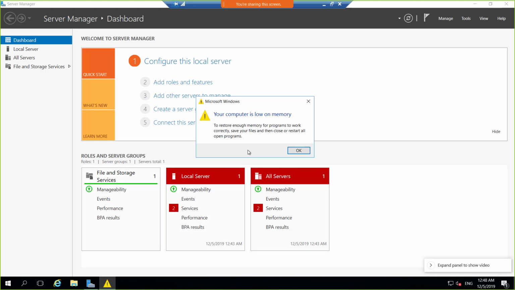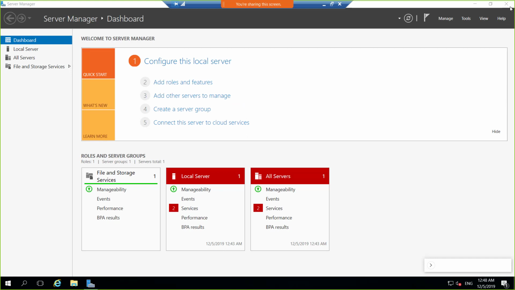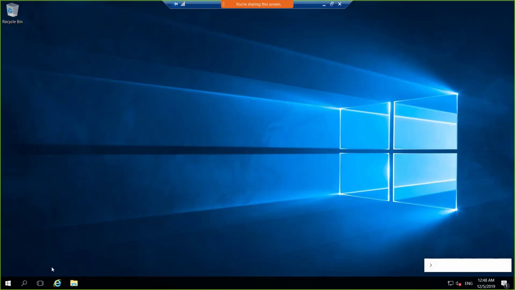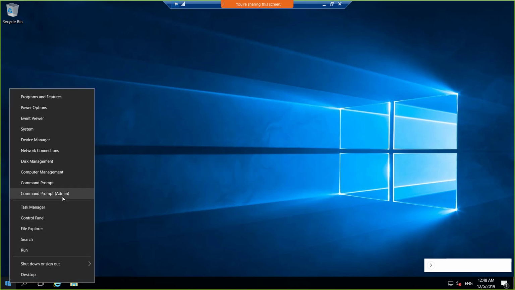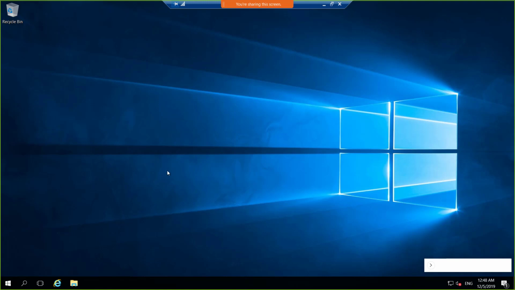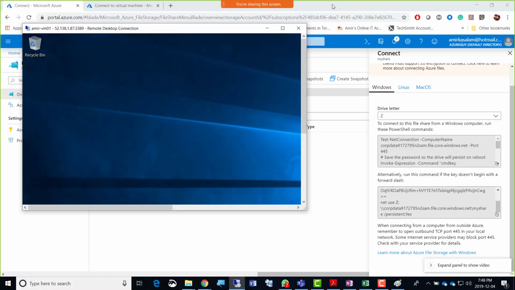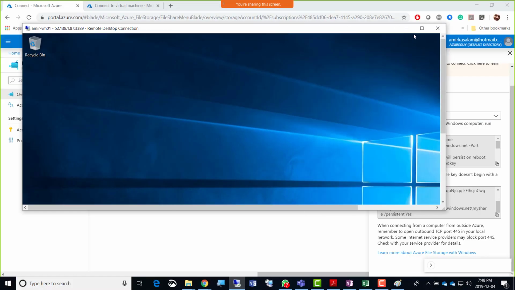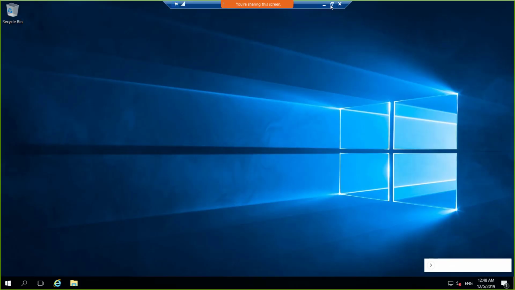And finally it's saying your computer is low in memory. To restore enough memory for programs to work correctly, save your files and then close or restart all open programs. Okay, I'll just close this server manager. I don't need that, and maybe that has freed up enough memory. So right click and, I think I did it five times, so it's also not okay.